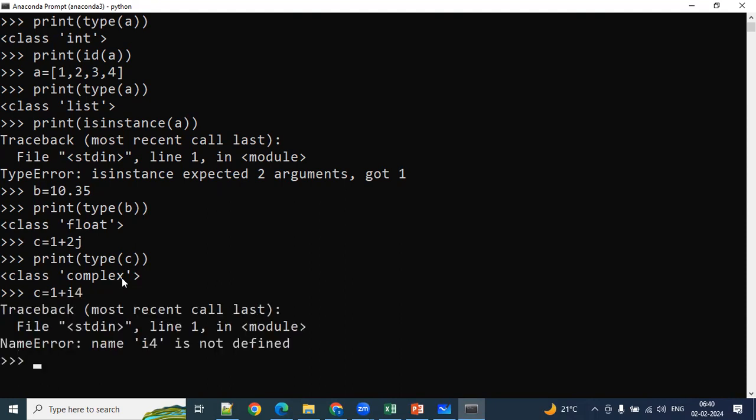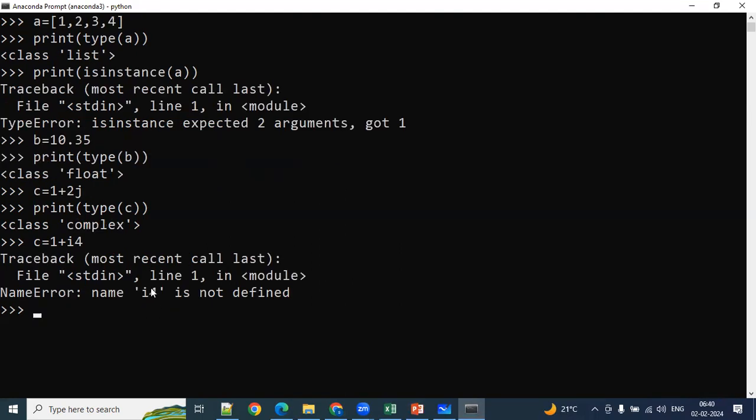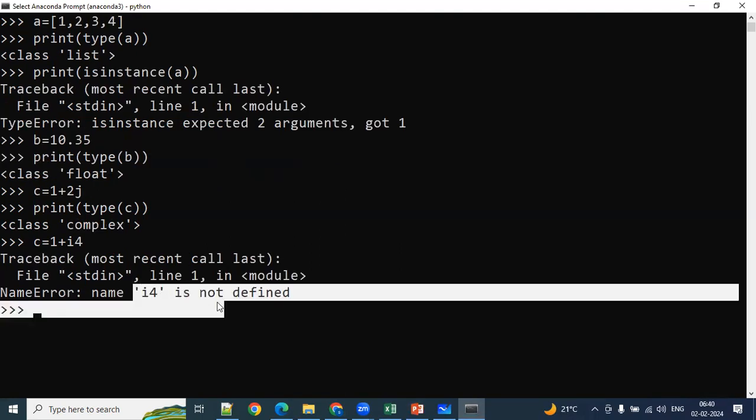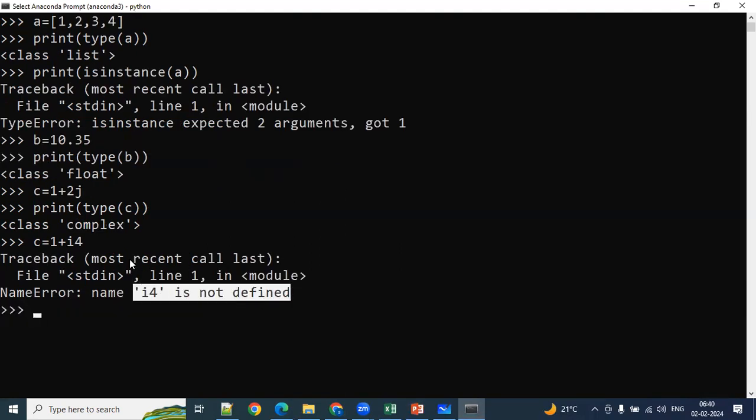If I take it like this, see, it is throwing an error: i is not defined. In mathematics, we used to take a plus ib format, but in Python you have to represent it this way only: a plus 2j. And again, you are not supposed to use i. You have to use j only here, and that too after the number only.